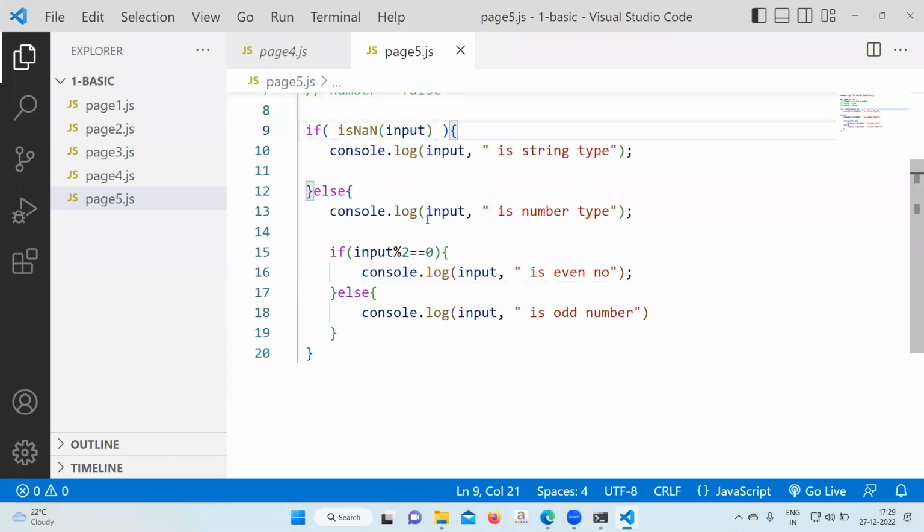Then we can create the next file, and in the next file we'll see another example of switch case. So this nested if, nested condition is